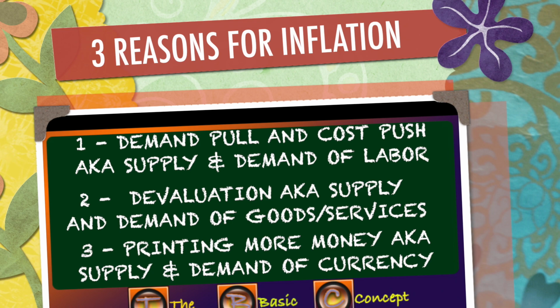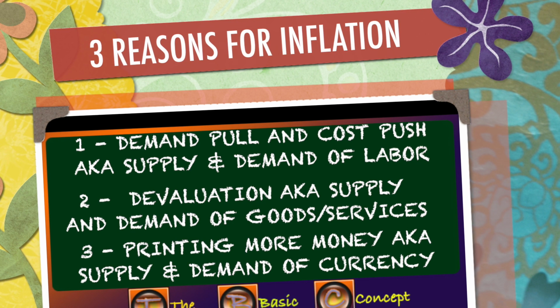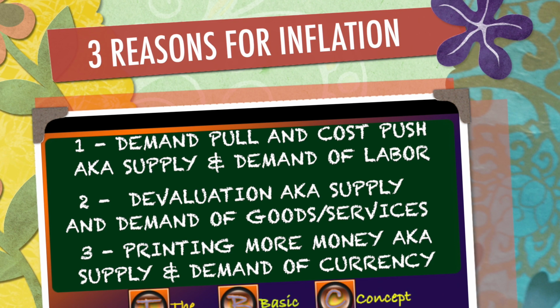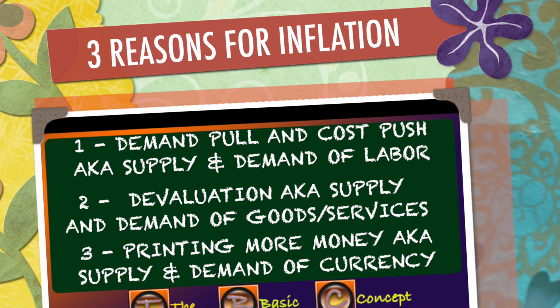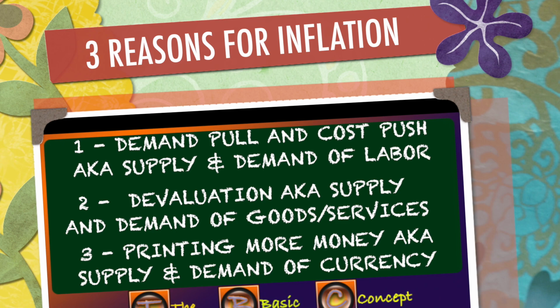And finally, printing more money. The central bank or the Treasury Department is in charge of printing paper currency. The government does keep a very close eye on the rate of inflation because they need to keep it in balance. When they print more money, there obviously is more money, which reduces the buying power of it.